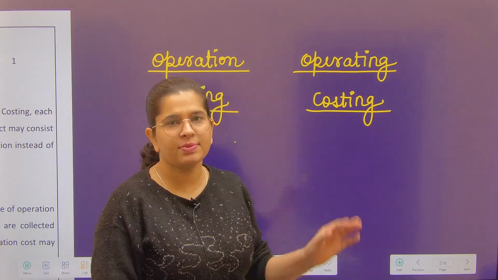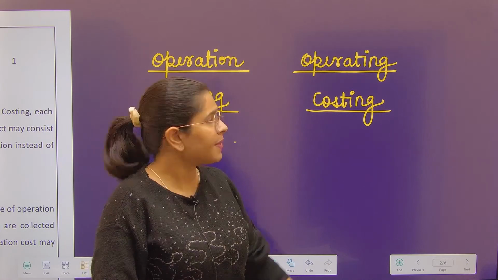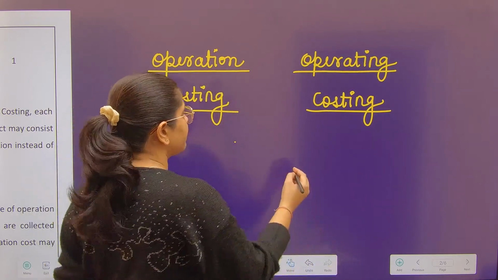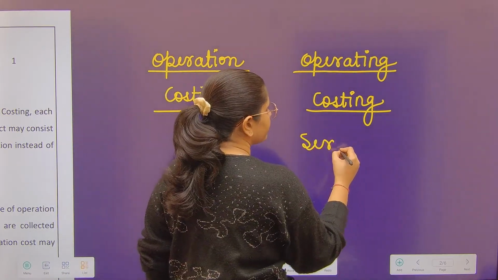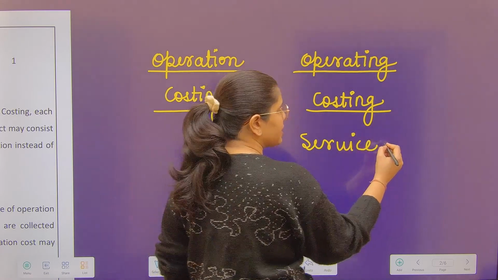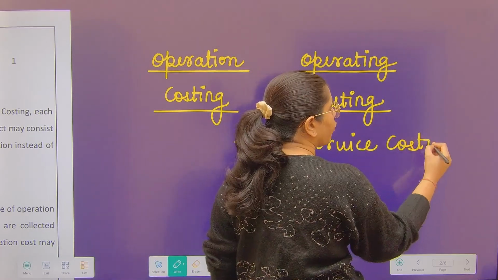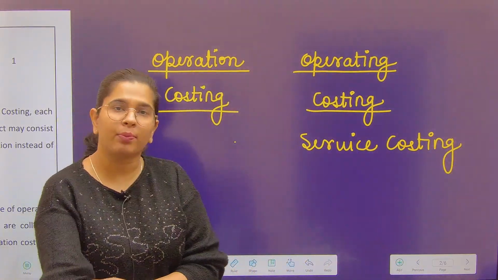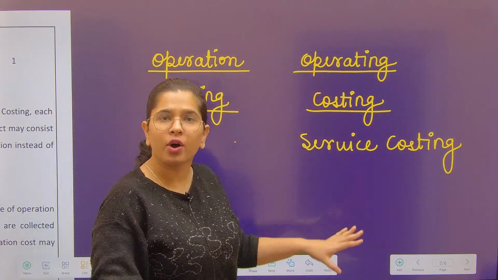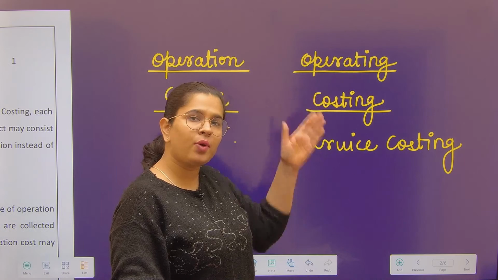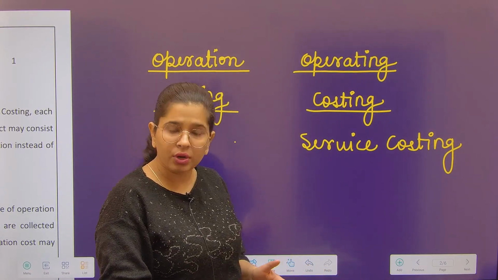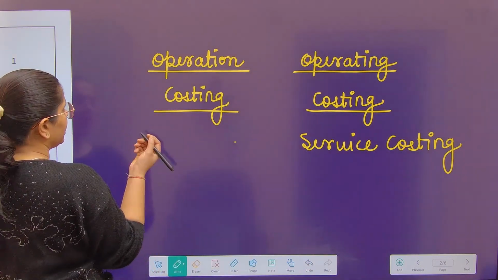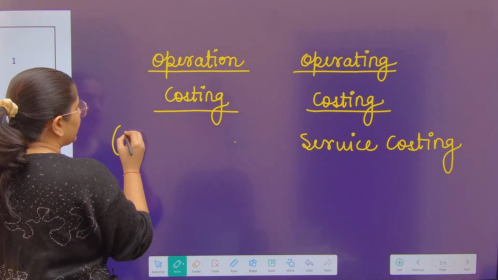You should know the difference between both of these types of costings. Operating costing we have already studied. This is about service costing. If you are in the business of providing services and you want to find out the cost of your services and what price you should charge in order to earn a profit, then you should apply the operating costing principles. In operating costing, you add up all these costs and then you find the total cost of providing services. But operation costing is a type of